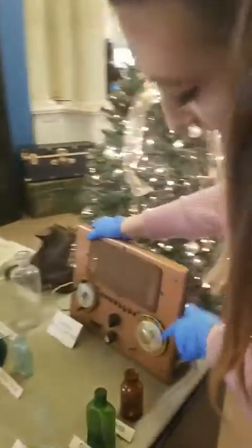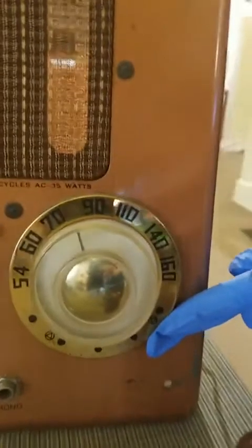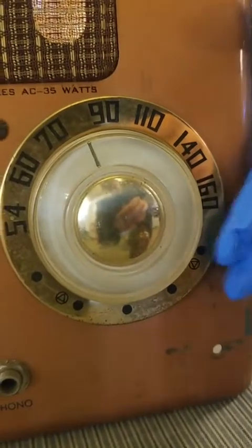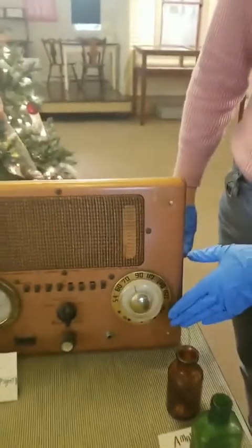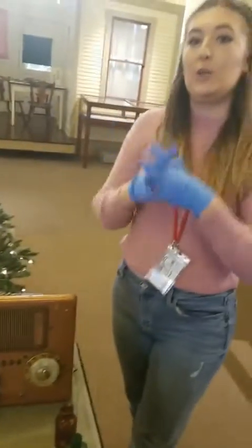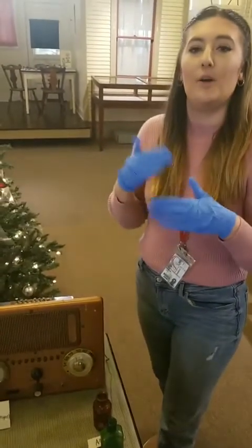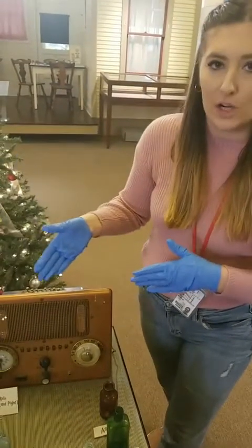Now, something here on this little dial you can see is this little triangle and a circle. There's 2 of them. Those are civil defense symbols. And so those were put on place of this radio during the Cold War for the purpose of being able to listen to emergency alerts from the government without Soviets being able to interfere or hear what was going through